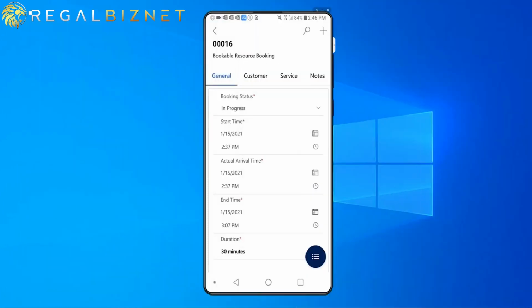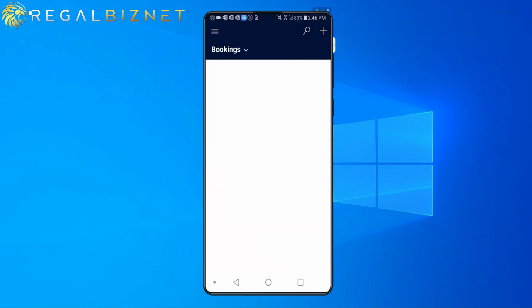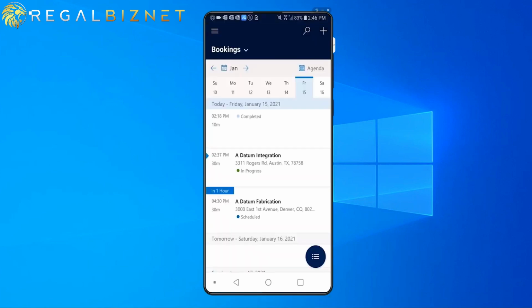Today I'm going to talk about the follow-up work order feature in the field service mobile app, which is going to make it super easy for technicians to create a work order when they're completing a job on a site. So today, if a technician has permissions to create a work order and they want to create one,